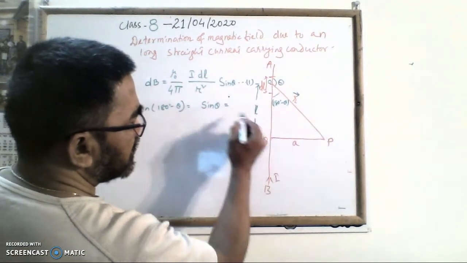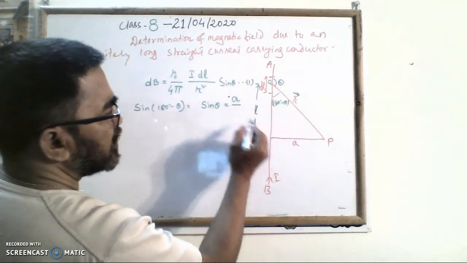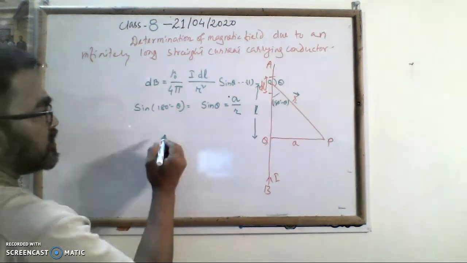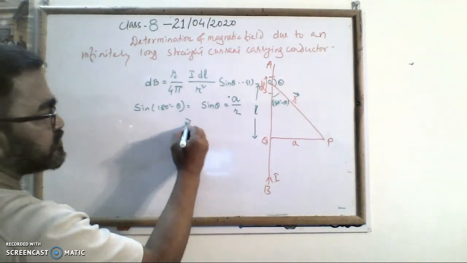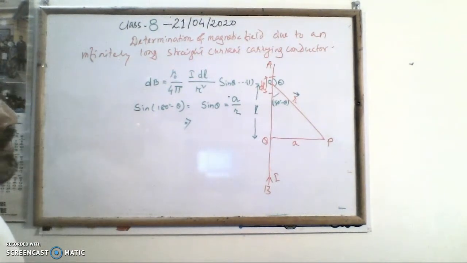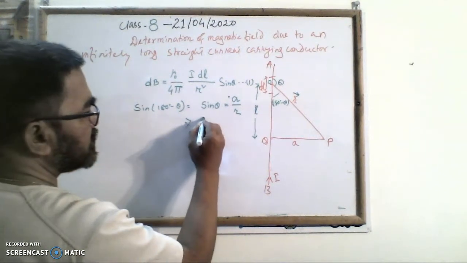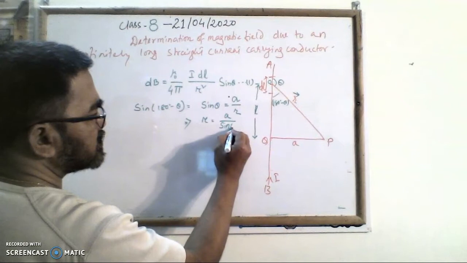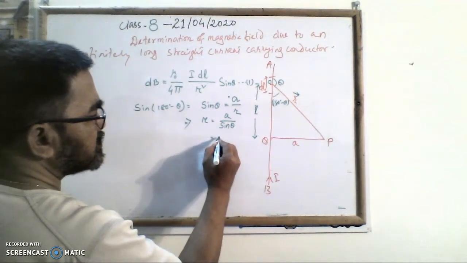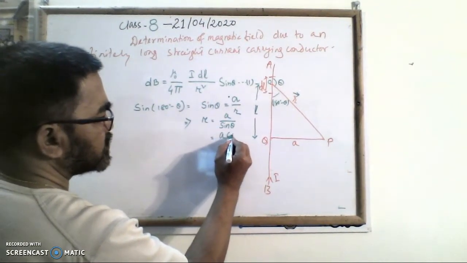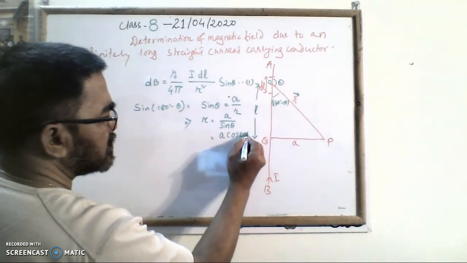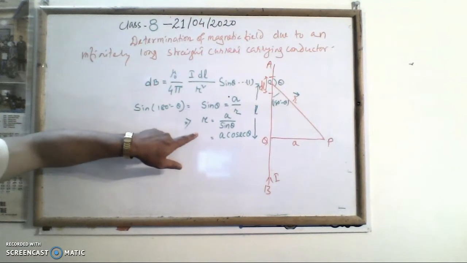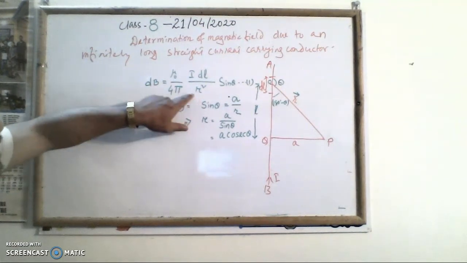So perpendicular is A, hypotenuse is R. Therefore, R is equal to A by sine theta, that is A cosec theta. So we can put the value of R here,